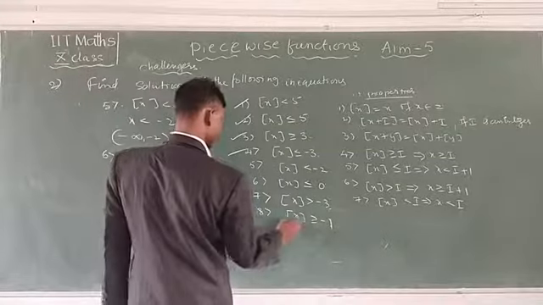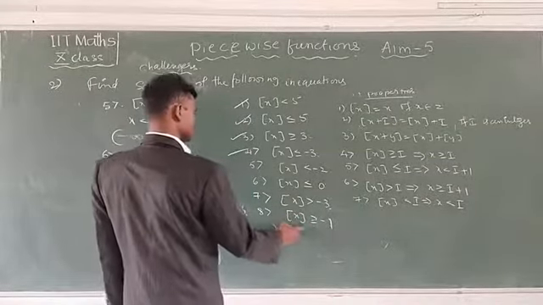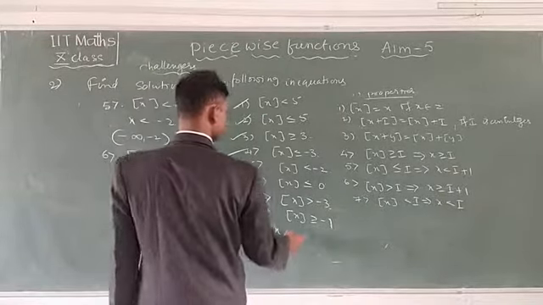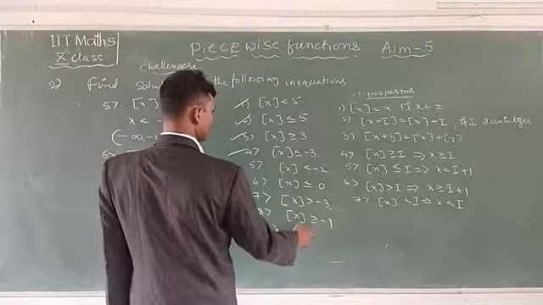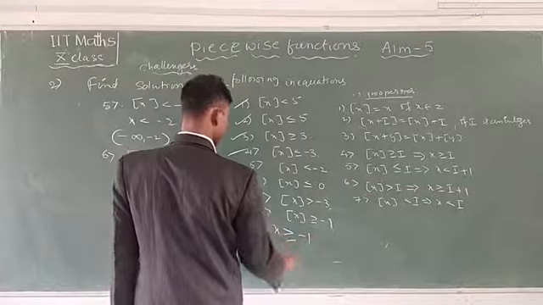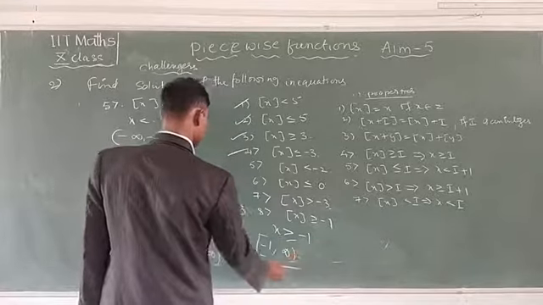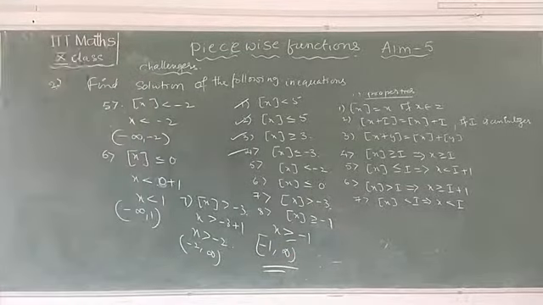Here step x is greater than or equal to minus 1 means x is greater than or equal to, as given. Greater than or equal to means the same, so x is greater than or equal to minus 1 only. Then minus 1 closed interval, to plus infinity. Note down. By using properties you have to write the answer.